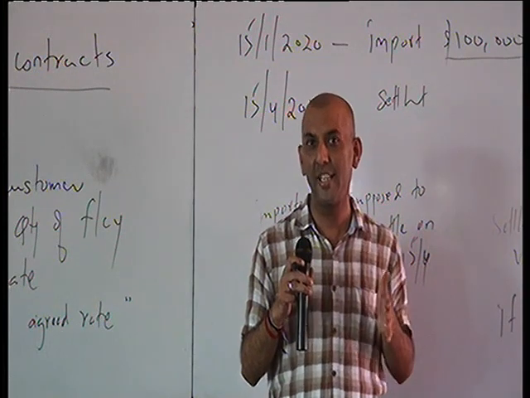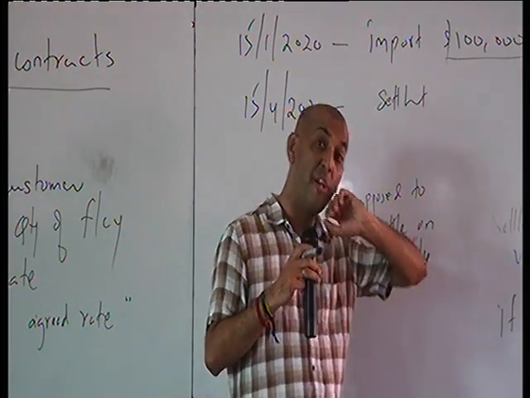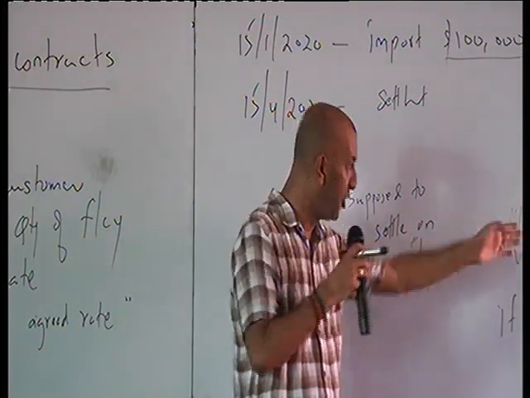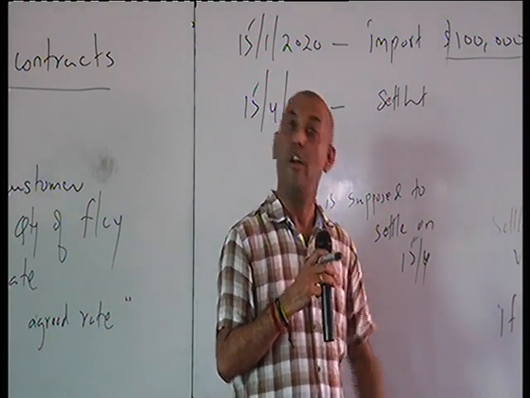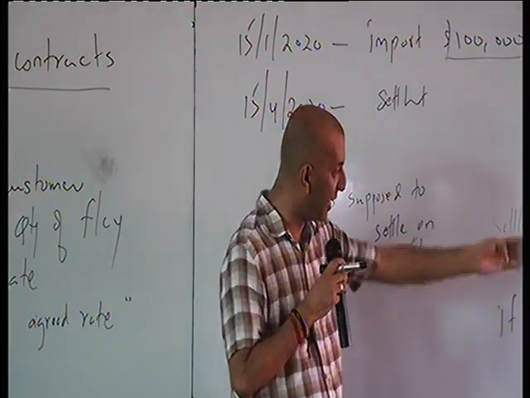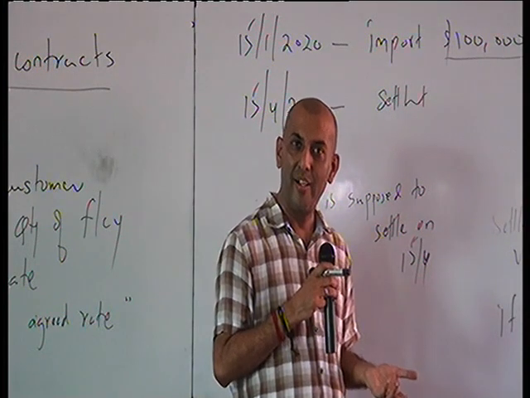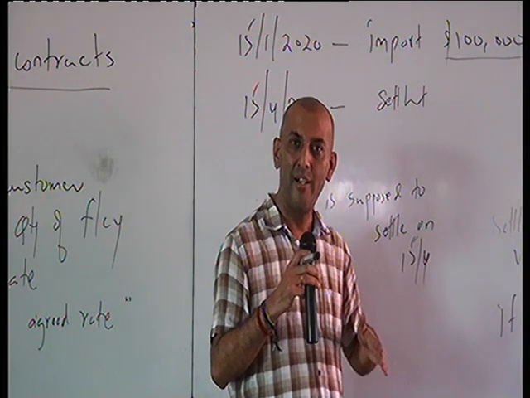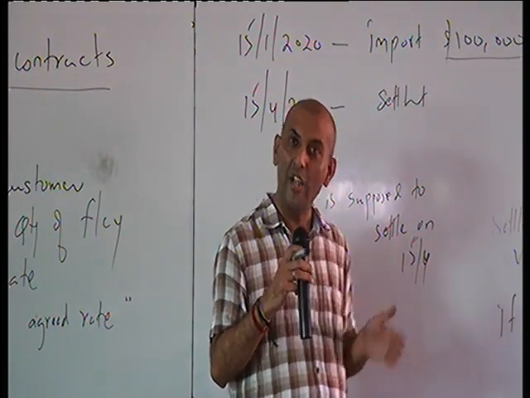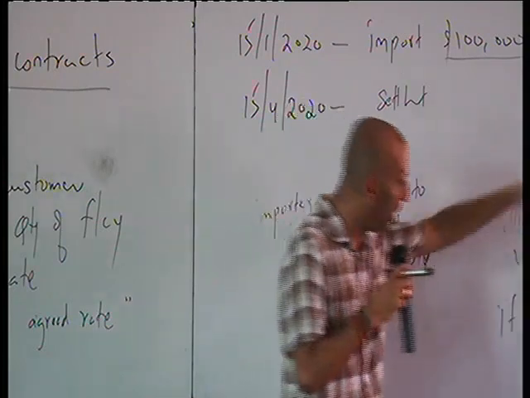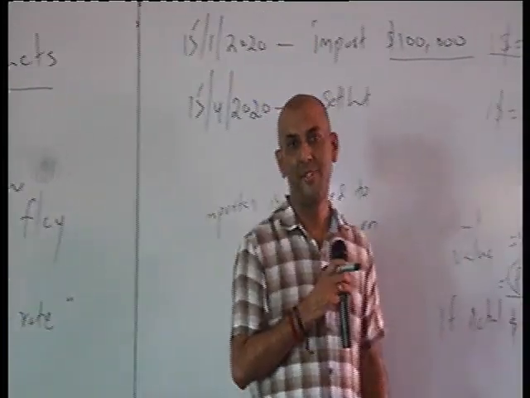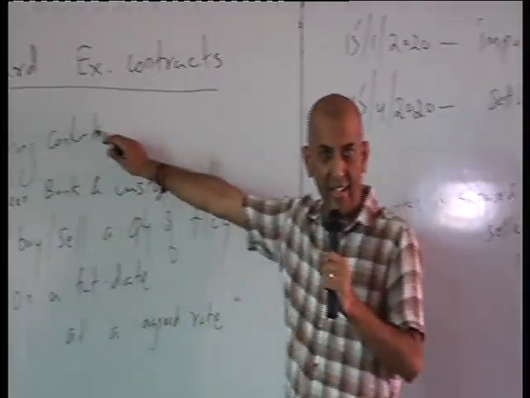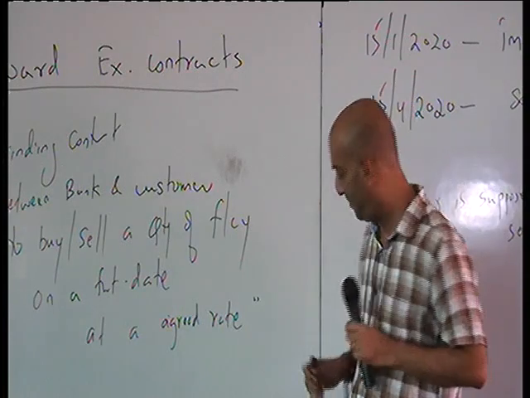So all of us have to understand that on 15th of January, nobody knows the rate. Since nobody knows the rate, it's better that we get into the forward exchange contract. On the 15th of April, if the market rate is favorable, true, we are losing. If the market condition is not favorable, we are gaining. So this answer we will get to know only on that date. So please note that this is called a forward exchange contract. It's a binding contract. You have the rights and the obligation.